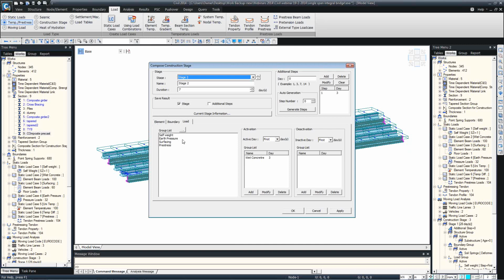So say the precast beams are activated with an age of, so this is the precast beam. We can give an age now because it's concrete. So we can give an age, say 7 days for example. Considering that pre-stress is applied at age 7, so that's why I entered 7 days to consider the transfer of the pre-stress. Then